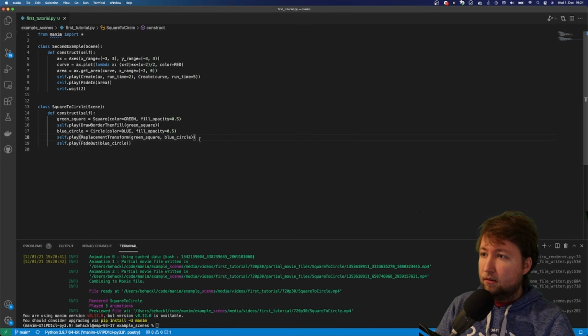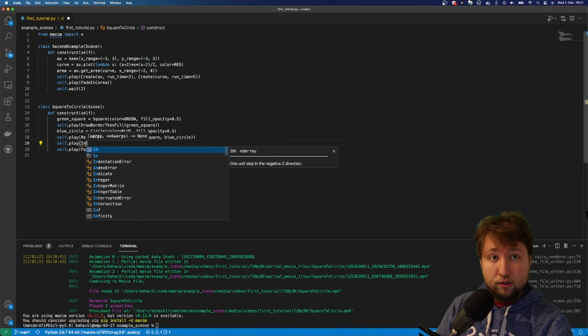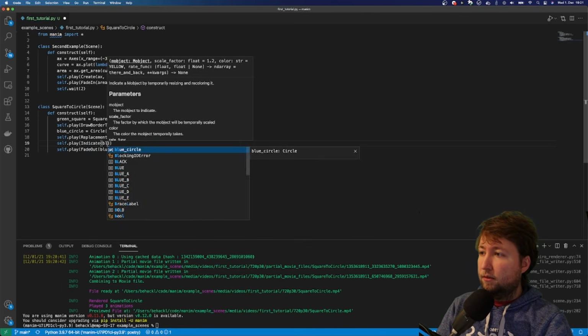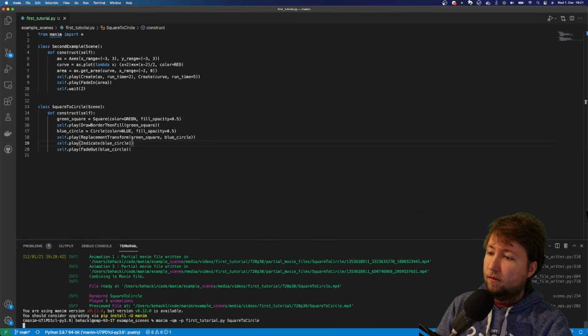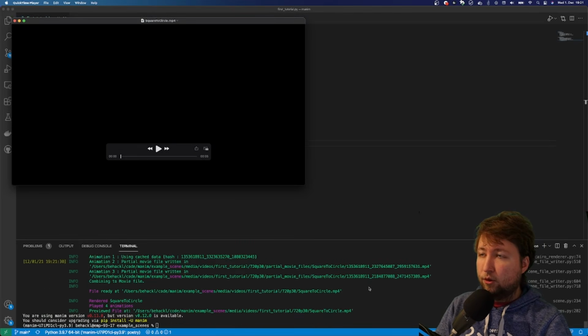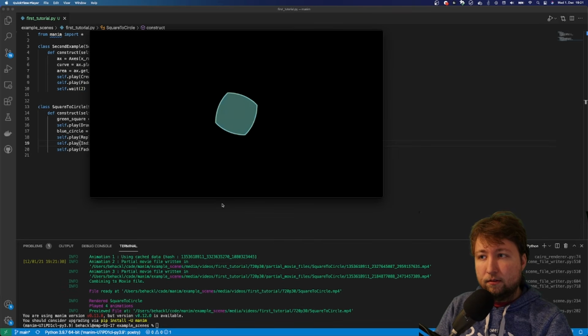Okay, one last thing. Let's try and see what the indication animation does. So let's self.play. One of them is actually just called indicate. Indicate the blue circle. Could have also just looked into the documentation, but well, trying things out yourself is much more fun, I suppose. First the square, then it morphed into the circle, and you saw this little flash, this little increase of size of the circle before it faded out. That's exactly what Indicate does.